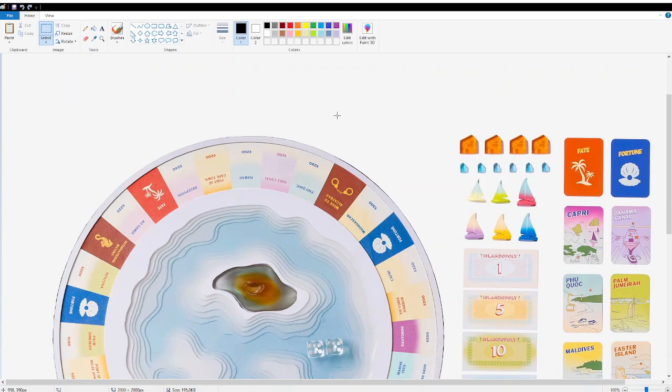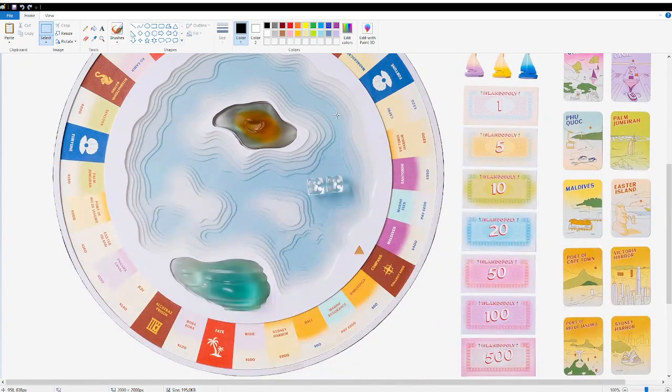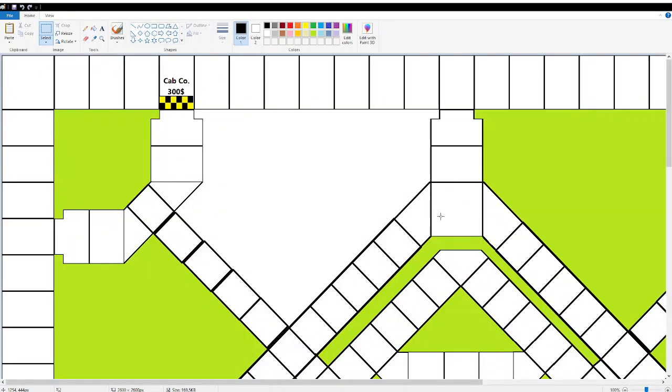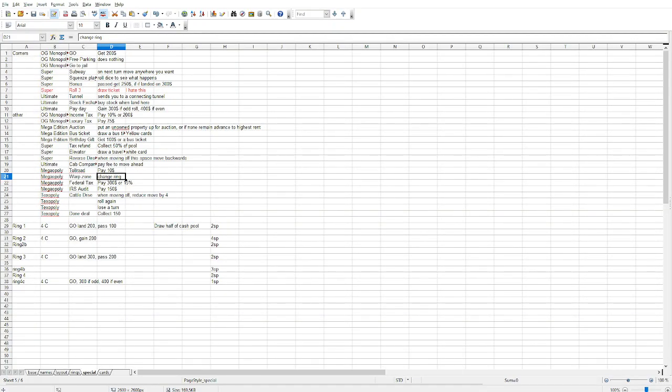Wait, hold on a second. This isn't the one that I was thinking it was. Crap, got the wrong one. There's one of them which has canal spaces, and you go from one canal space to another. And it's not this one. Dang it, I don't remember which one it was. Found several of these. Anyways,